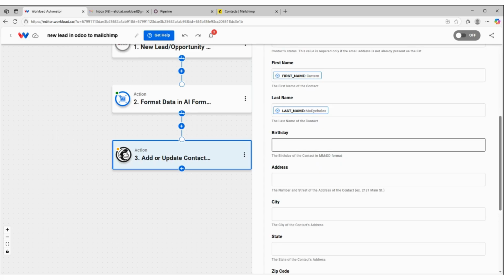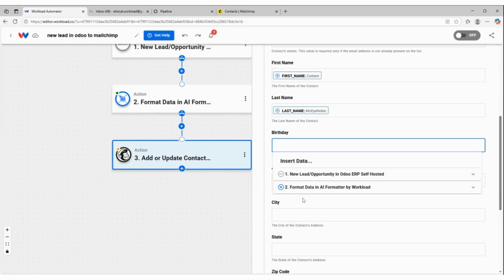Birthday. So in order to create a contact in Mailchimp, it requires you to input a birthday. But that is not normally a part of the information you put in when you're creating a lead in Odoo. So you either can just make up a fake birthday that you type in here, like January 1st, and it'll assign all of your contacts from Odoo with that same birthday. Or within Odoo,